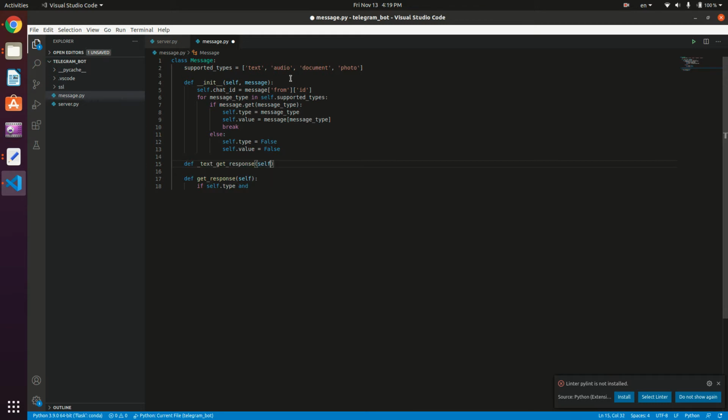I'm just going to take self, and then it's going to return the response. Okay, once we implement this, it's going to return the response. So we want to make this dynamic. We don't want to type if self.type equal text, then call this method. We want to make a dynamic call to the method. So what we're gonna do is check if the method exists in our class, then we're gonna call this method,